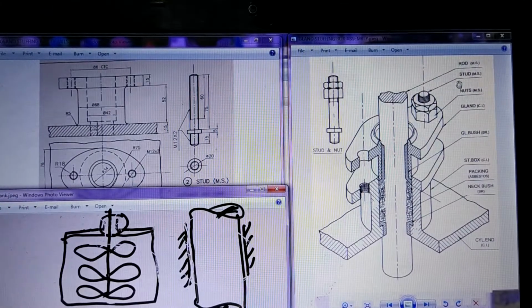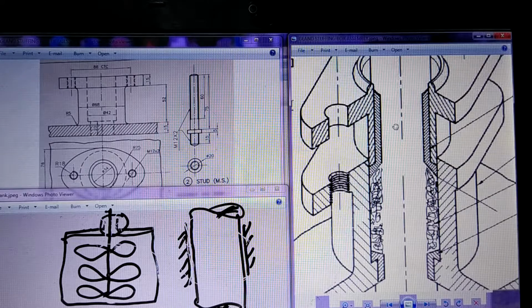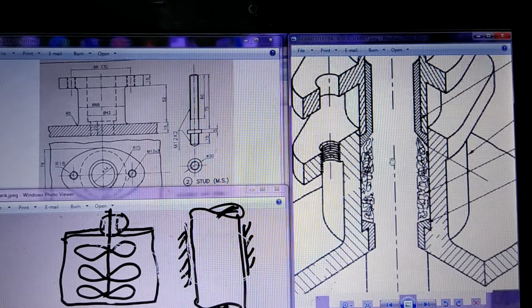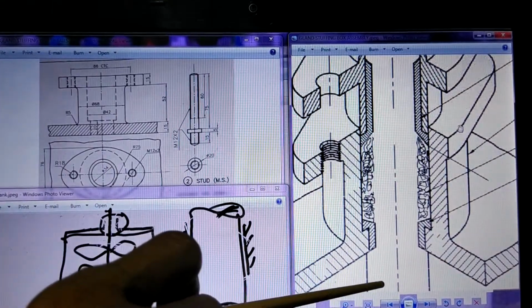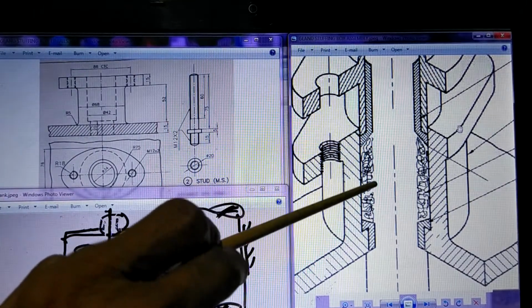First thing is, I'll take you very close here. So now you can look here. There is a shaft which is shown here like this.